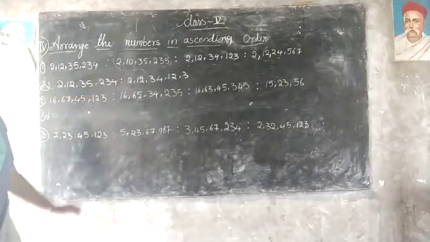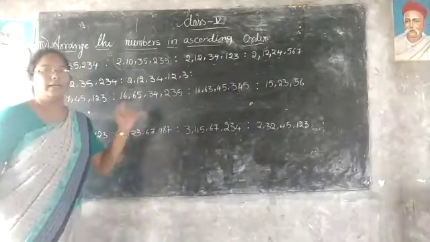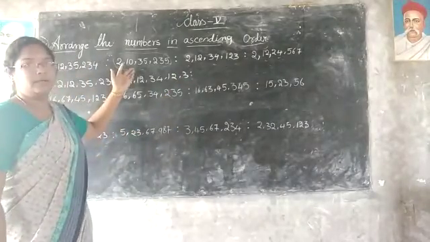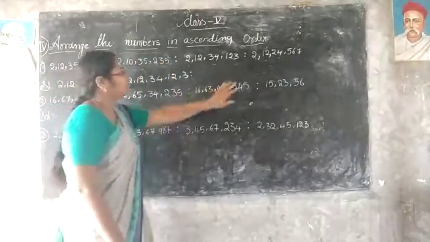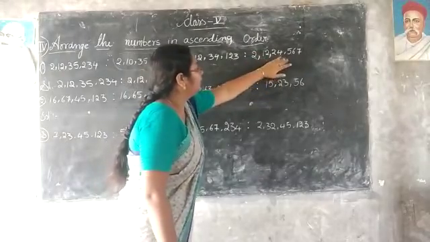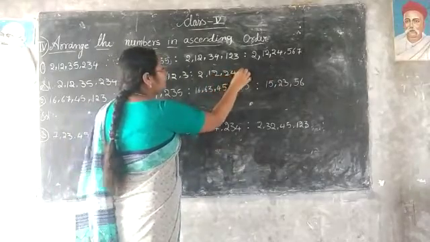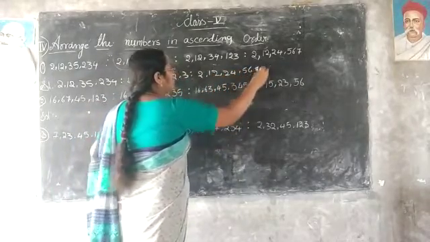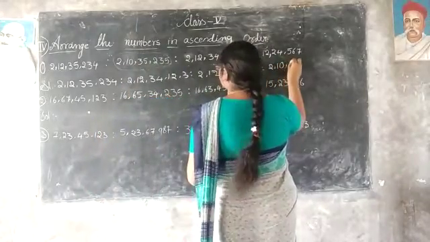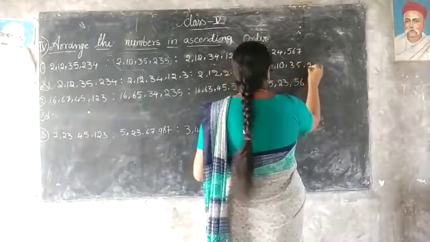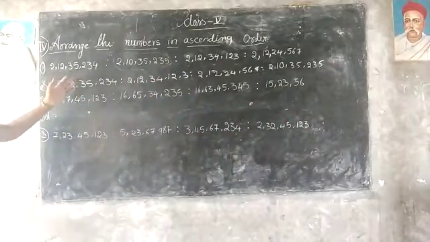This is the second biggest number. And now we can write the third biggest number. It is also very easy to find. We already found the smallest number and we can write two numbers already. We have only one number remaining. Next one, 2 crore 12 lakh 24,567. And last and final one, what is the smallest number? 2 crore 10 lakhs 35,235. This is the formation of the ascending order in the given numbers.